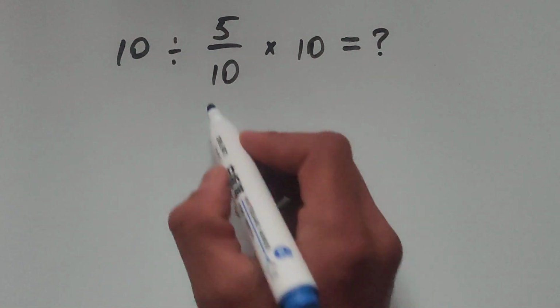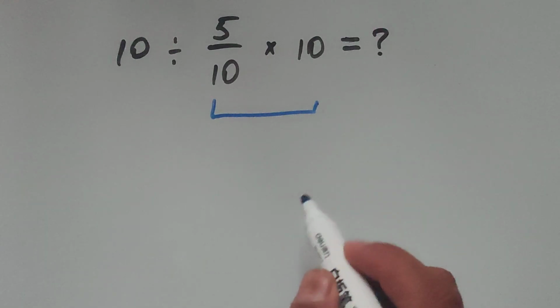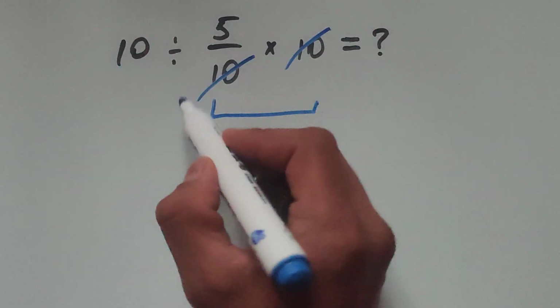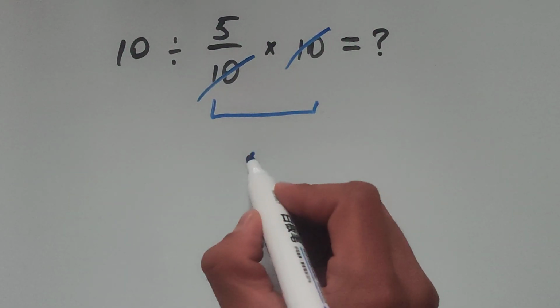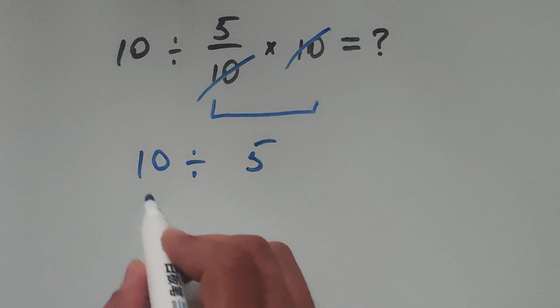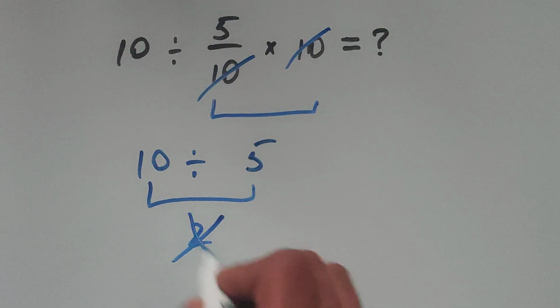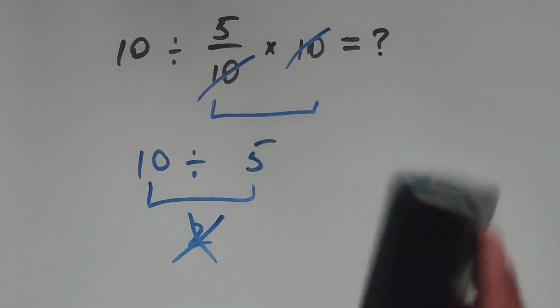Okay, let's begin. First we do this: 5 over 10 times 10, and here we can easily cancel this 10 and this 10. This equals 5, and 10 divided by 5, this equals 2. But this is not the correct answer, because